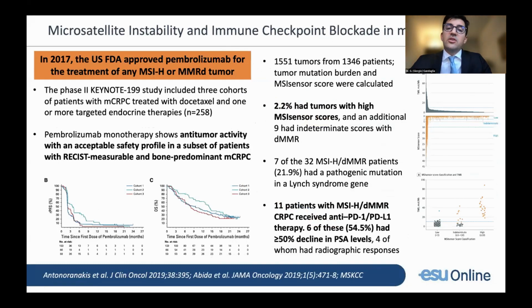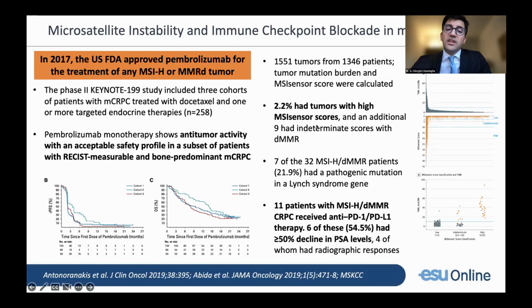You should also remember the role of microsatellite instability and MMRD tumor mutation. Patients with a mismatch repair gene deficiency can be considered, according to the FDA, for other systemic therapies, such as pembrolizumab. This is a nice study demonstrating that pembrolizumab has anti-tumor activity in patients with metastatic castration-resistant prostate cancer, based on the presence of MSI or MMRD tumors. We can actually consider pembrolizumab.